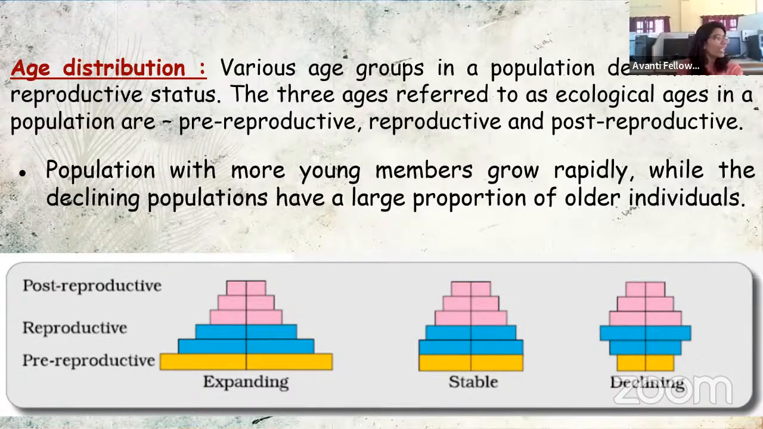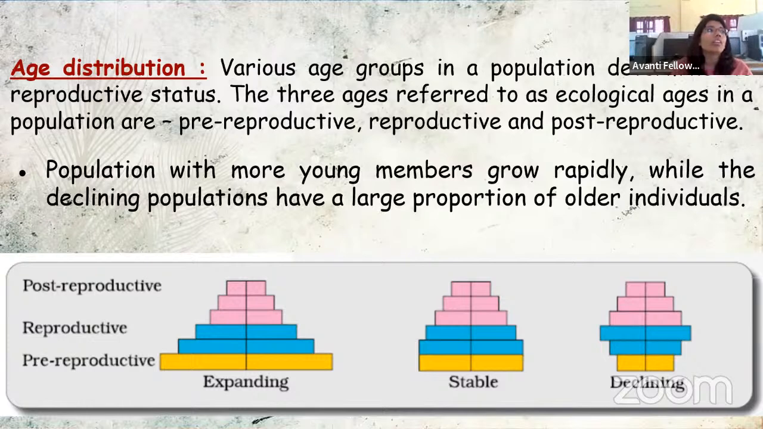How can we distribute the age? We can distribute the age into three stages. Let's take the middle one first, the reproductive age. If we take humans from 20 to 40 years or so, humans have the capacity of reproduction. So this age is called the reproductive stage. Next, before 20 years, humans are in the pre-reproductive age,